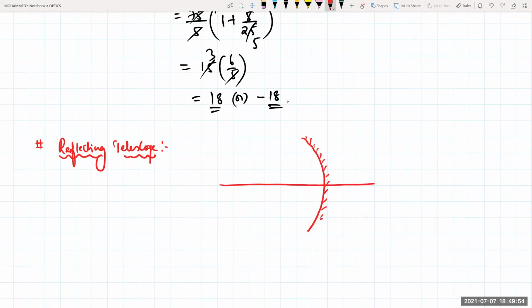So when a ray of light is being incident from this one, beta, when a ray of light coming like this is being incident, it will be reflected back like this. Another ray of light from this one, which is being incident on this one, will be reflected like this.